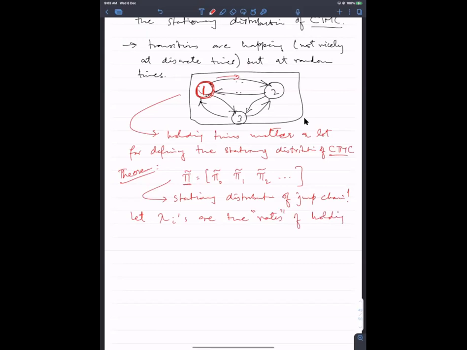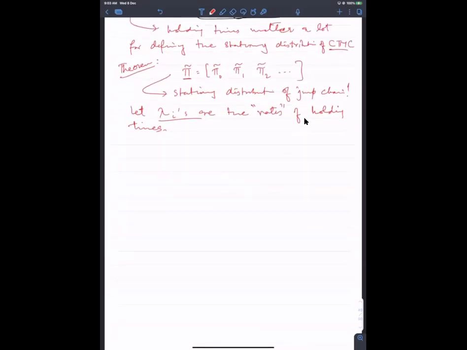of holding times. वो exponential distributions हैं, उनका parameter lambda चाहिए होता है, वो हमने निकाल दिया lambda I, वो assume कर लिया कि lambda I is. Then what is the stationary distribution of the CTMC? CTMC की stationary distribution क्या होगी? CTMC की stationary distribution बड़ा easily find out कर सकते हैं कि